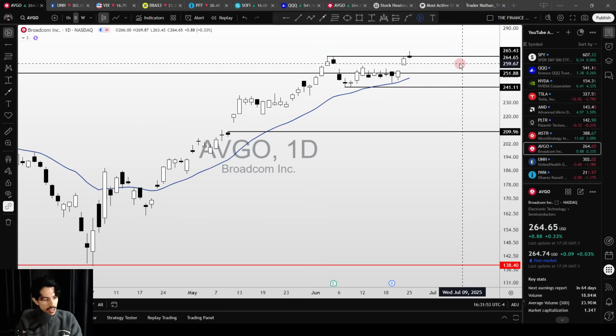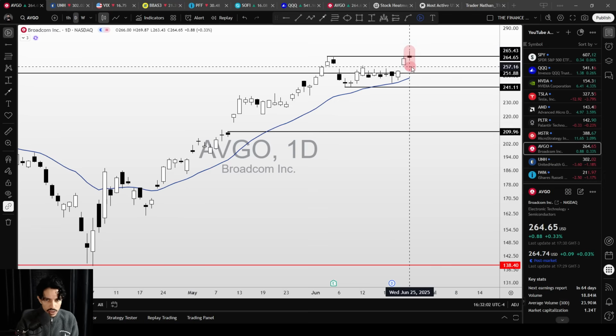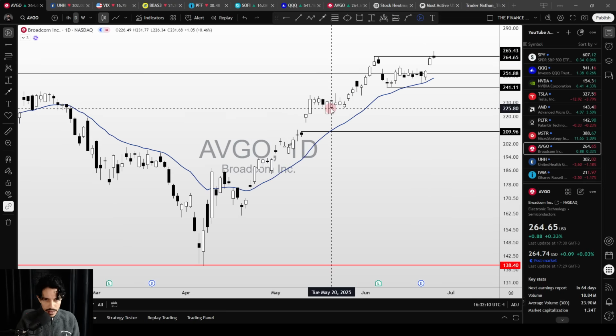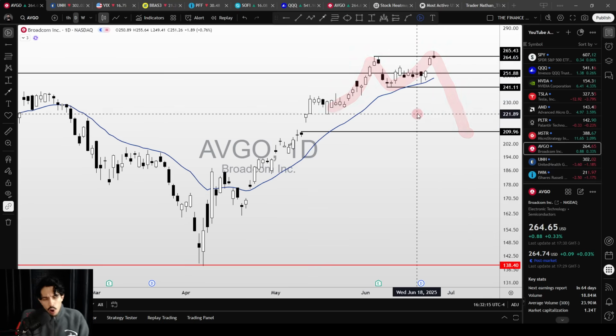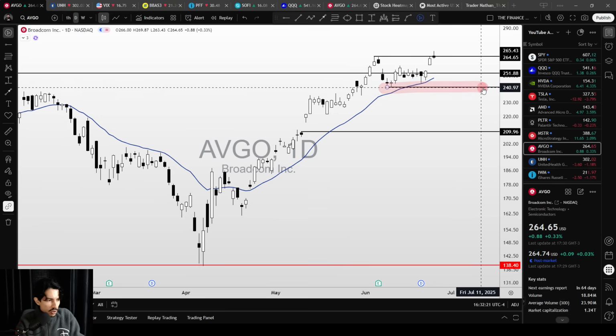Again, if we see Broadcom losing our main support levels short-term wise, triggering this shooting star candle pattern on the daily chart as well, then yes, we may see a sharper correction. What's more, Broadcom could materialize a possible double top chart pattern, okay? Of course, only if we lose the 241. We are far away from this key point, but it is still important to keep these key points in mind,